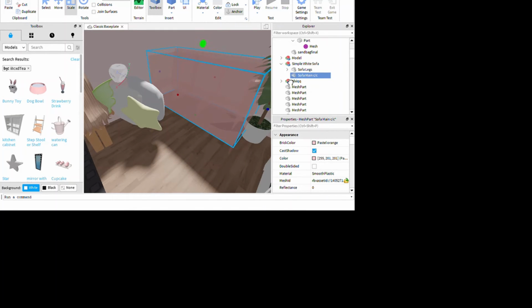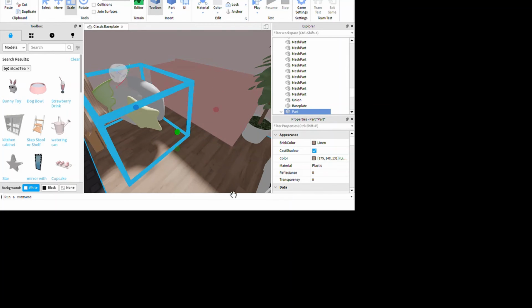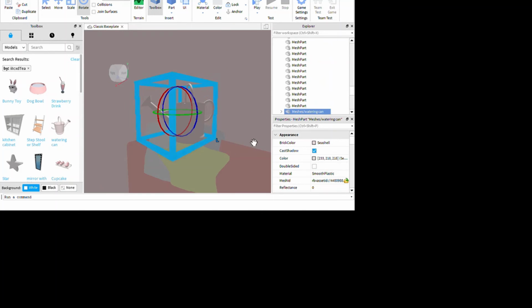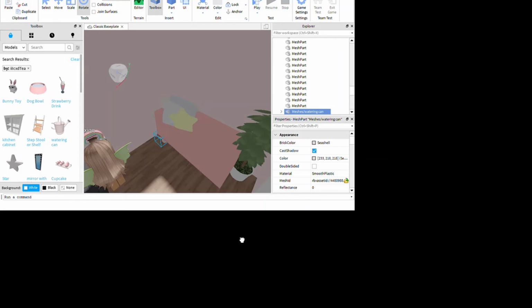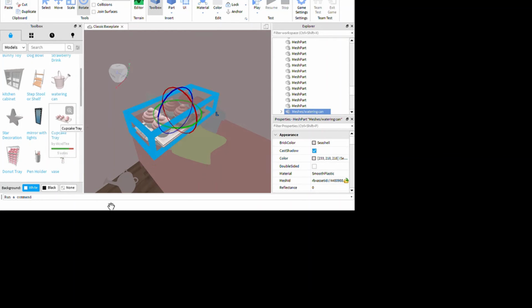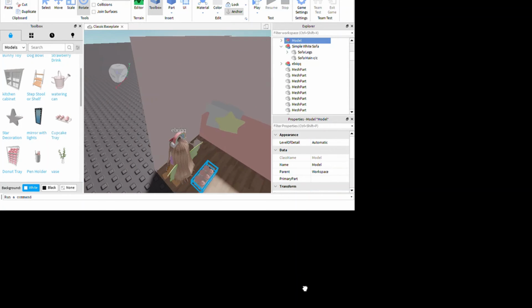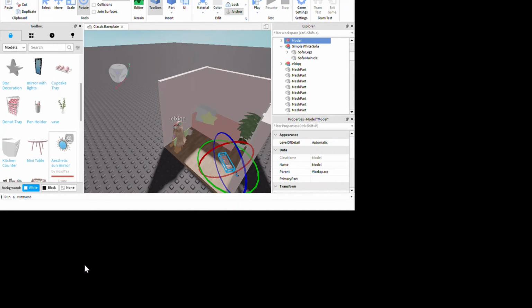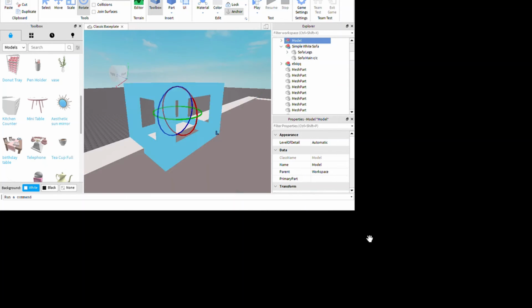Click scale, and then just drag the pillow top. Then it should look like this. And then you're ready to add decoration. So I just make something that doesn't make any sense. Watering cans, cupcake tray on the ground,